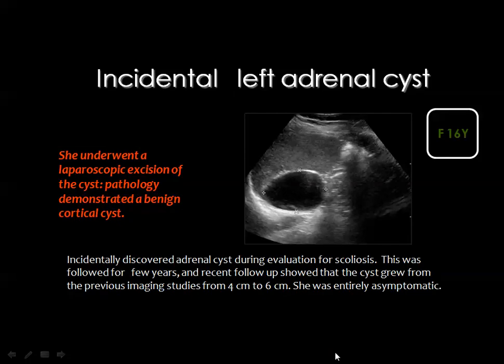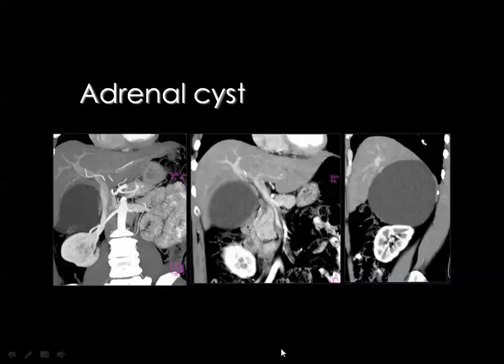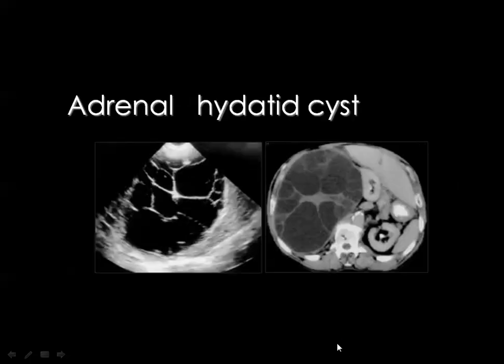And assisted by ultrasound will show hypoechogenicity with the acoustic enhancement similar to any other cysts. And this is an adrenal cyst, and on the right side you see a fluid containing lesion with no mural nodules or enhancement. But if you see this typical appearance of hydatid cyst, a big cyst with internal mural, small